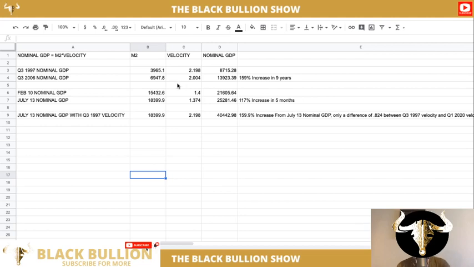Now, what was the main catalyst behind this? Now take a look here. The M2 grew significantly. But one of the most sensitive data points here is the velocity. Now take a look here. On July 13th, nominal GDP with Q3 1997 velocity. Now remember, this is the highest point of velocity that we have on record. So we're going to take that highest point of velocity that we've ever had, and we're going to multiply it by our current M2 money supply. And what we get is